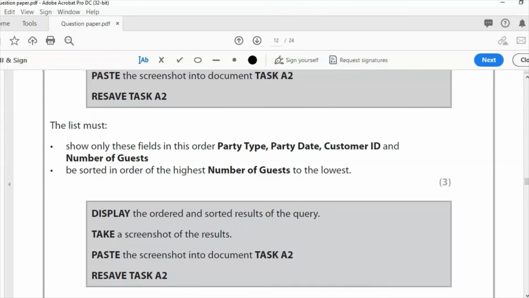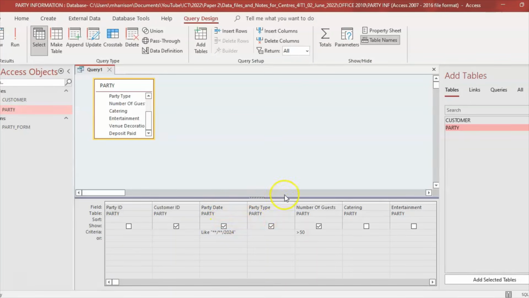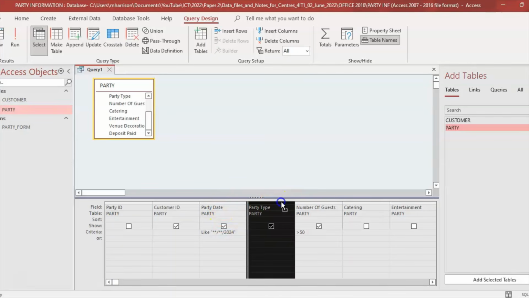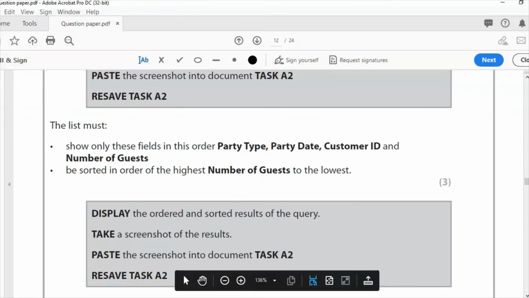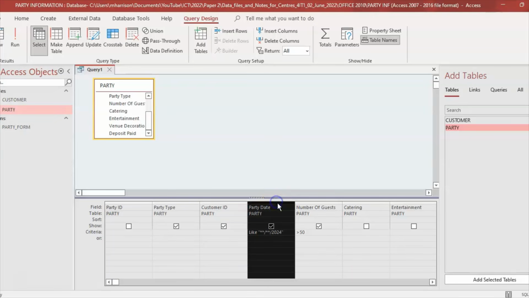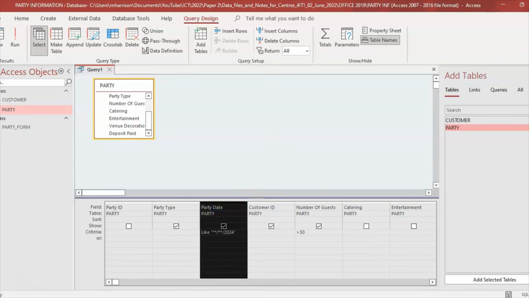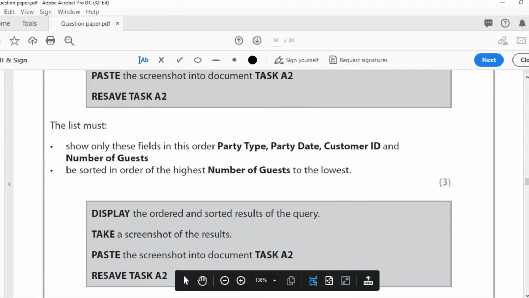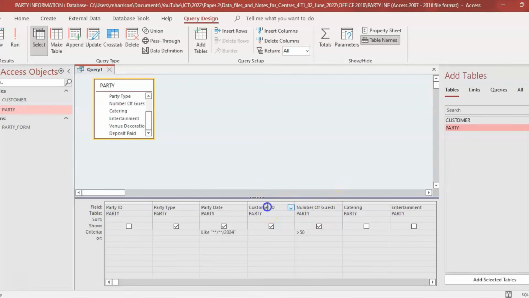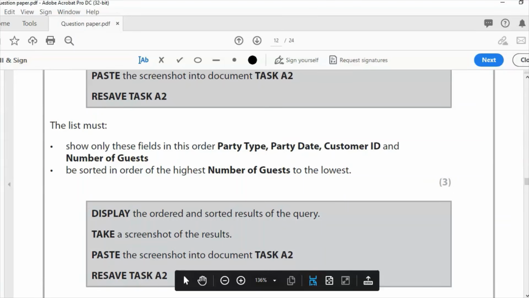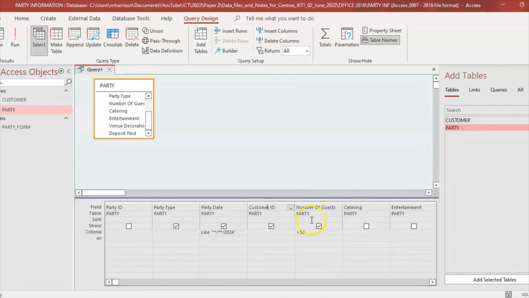So party type comes first. So party type is here. So what I need to do is drag that there. Party date comes next. So that needs to get dragged there after party type. Customer ID. So that gets dragged there. That is actually in the correct order. And number of guests comes next. So